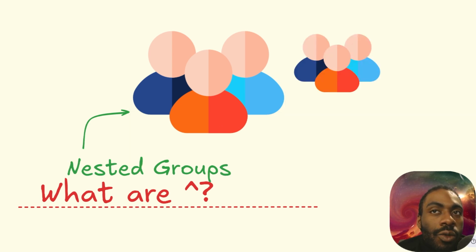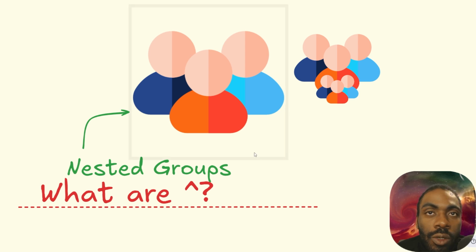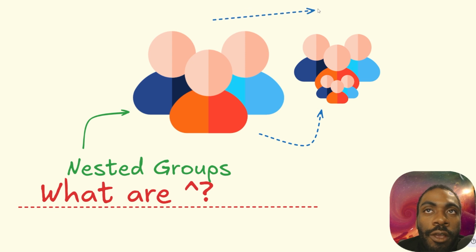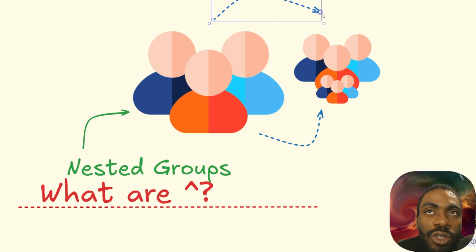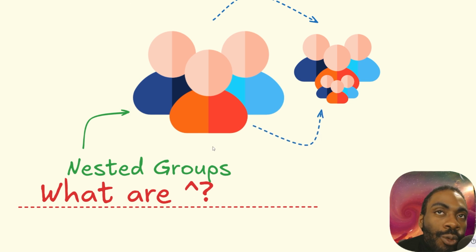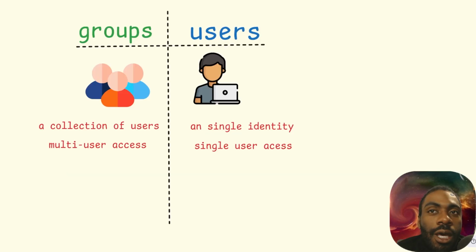Last but not least, we have nested groups. So what is a nested group? A nested group is a group within a group. It is groupception. So basically, it is a group of only groups, right? You might want to do a nested group in case you want to have a security policy that targets multiple groups at the same time. Maybe you have a group of users called HR and a group of users called accounting, and you want them to have access to the same file shares. Well, you would place them into an operations group or a personnel group, and that group would consist of two other groups. And that is it.